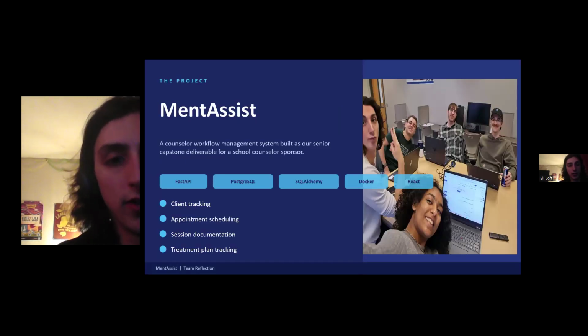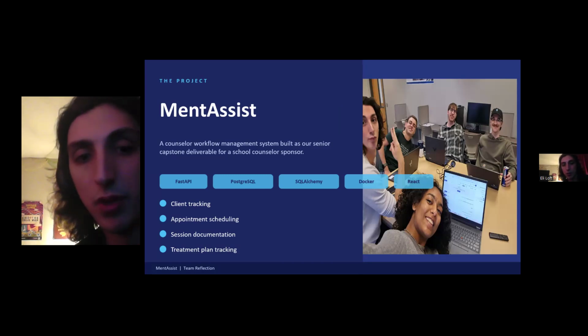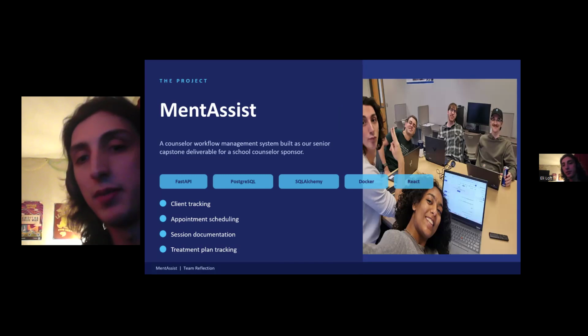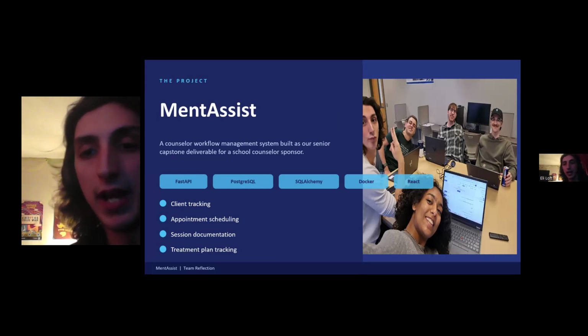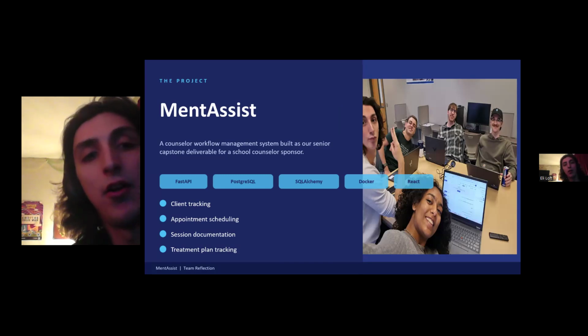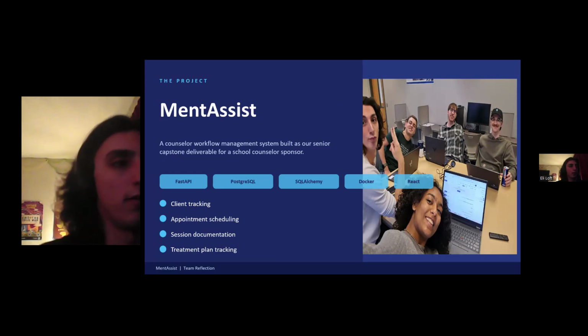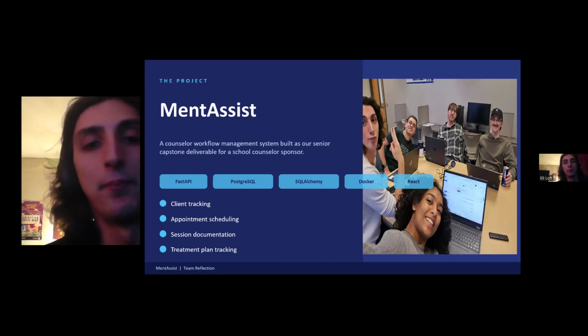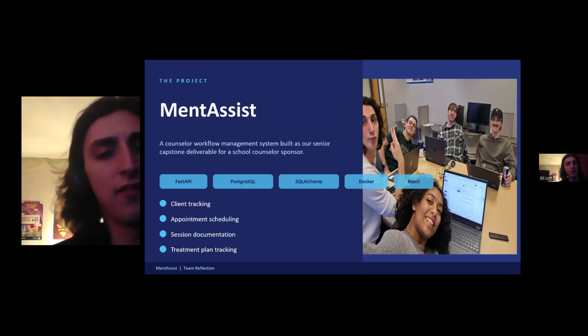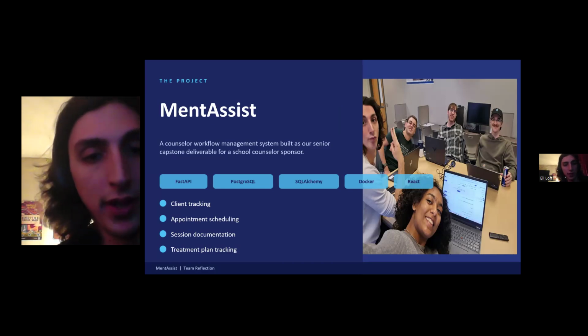Right here is all of the different APIs we're using. We're using FastAPI, PostgreSQL, SQLAlchemy, Docker, and React on front end. And then the server is currently set up through Uvicorn, and we mostly have the backend up at this point.